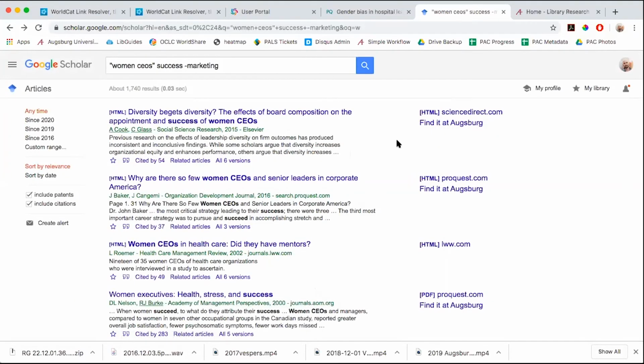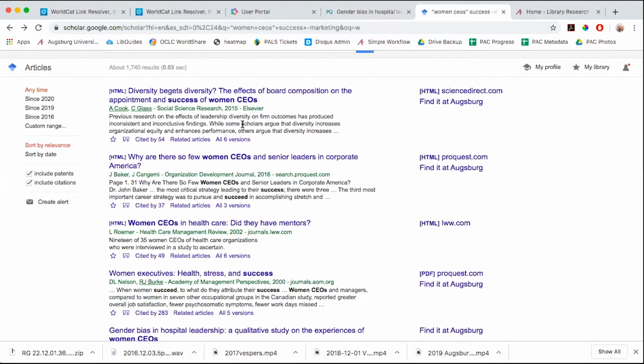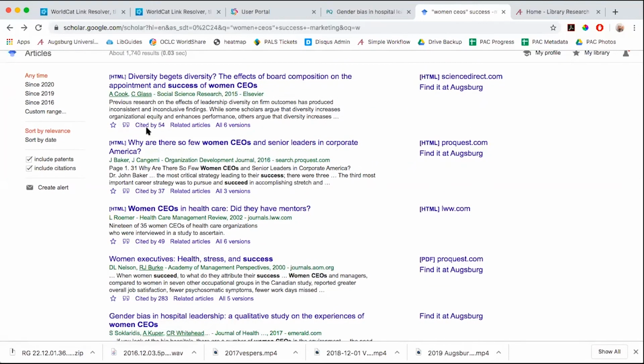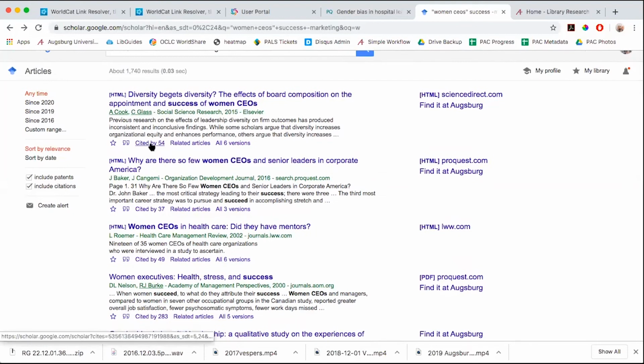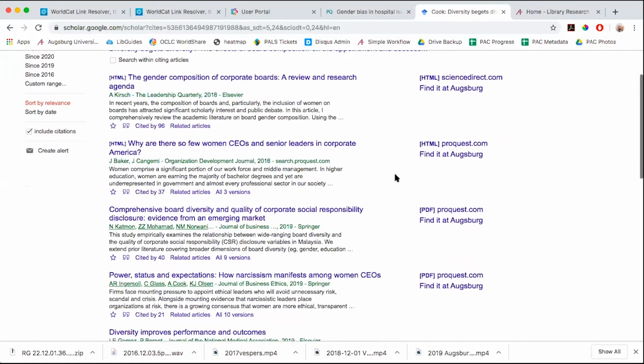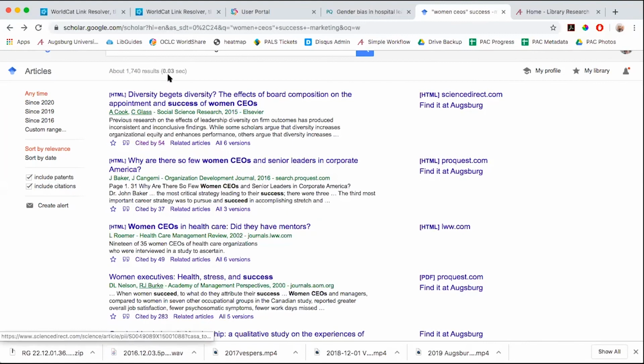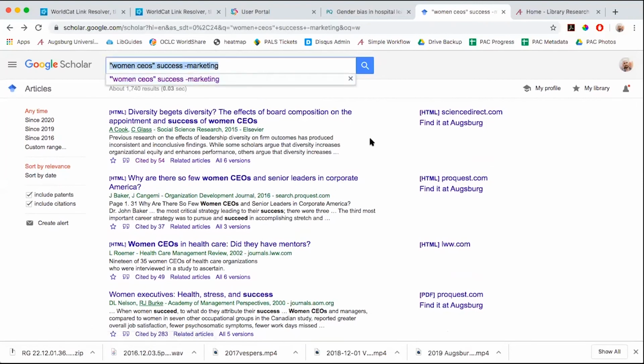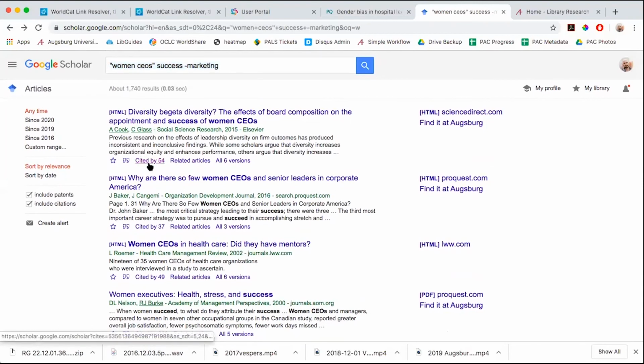So that's number one. The other thing that is really amazing about Google Scholar is you'll see here it says cited by 54, cited by 37. Google is able to map how many times this article has been cited by 54 others. And if you click on cited by 54, you'll see all of the articles that had cited the one that we just saw. You can generally assume that the 54 articles that cite this one are generally about the same topic. So it's an effective way of finding additional articles rather than just trying to do keywords. It connects you to something that is also of a similar subject.